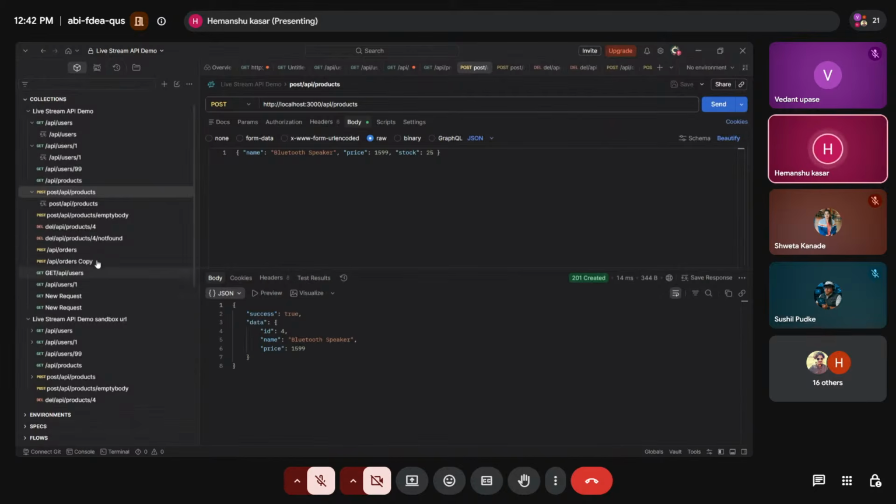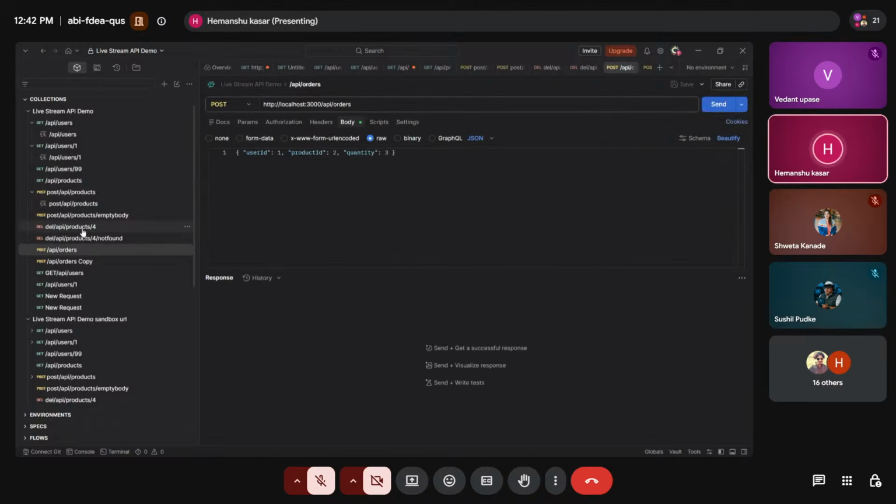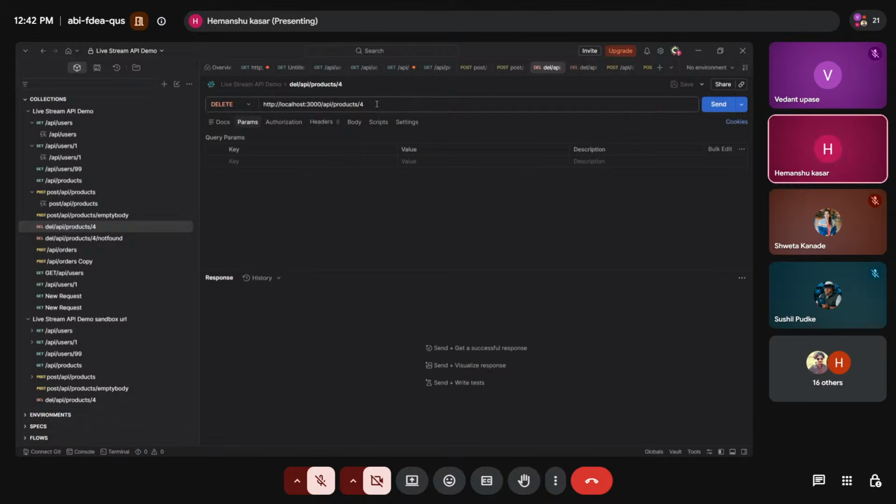That particular data has been added to our data set. Now coming over to this delete one, this is the delete method. Using this, that particular product can be deleted. If you want to delete the second product which we have in our data set, we will be able to delete that.